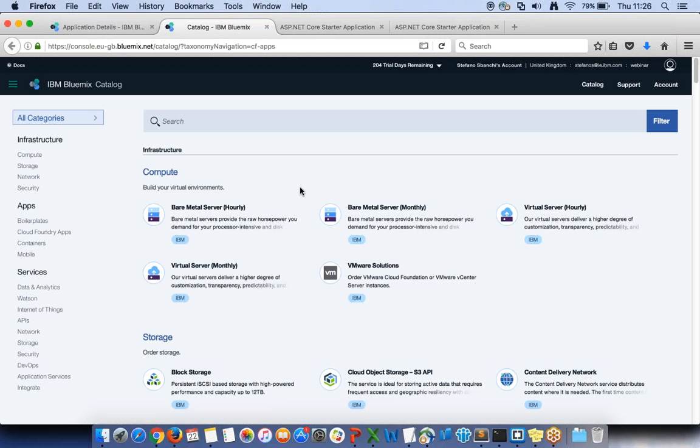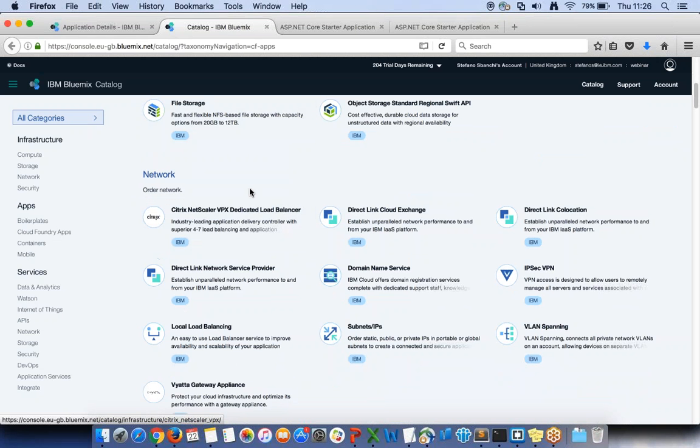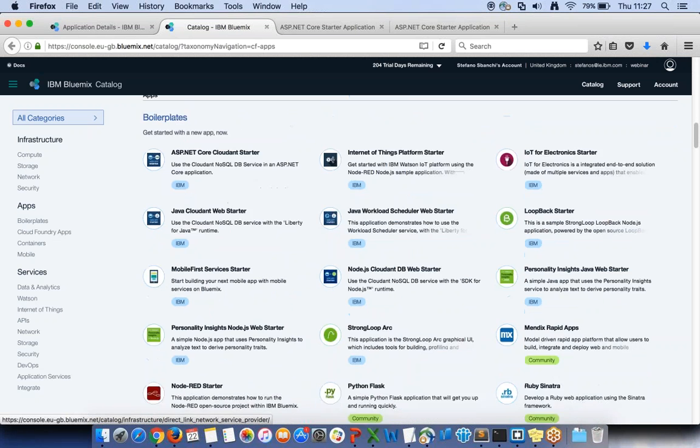But you can choose to create your own Docker container if you want to Dockerize whichever service you want. It could be your app or your database service or whatever you want. And then you can attach it to your Cloud Foundry app using one of the runtimes that are available, which are here: